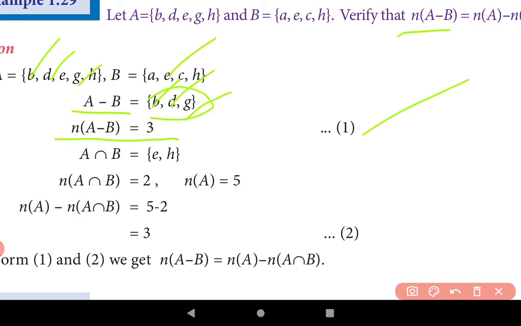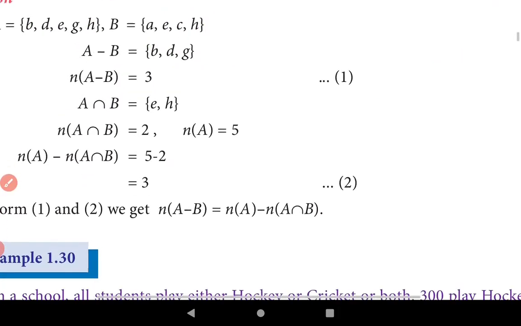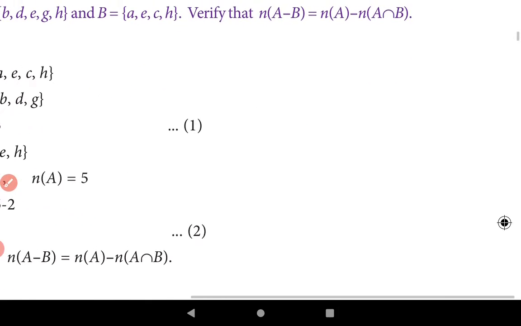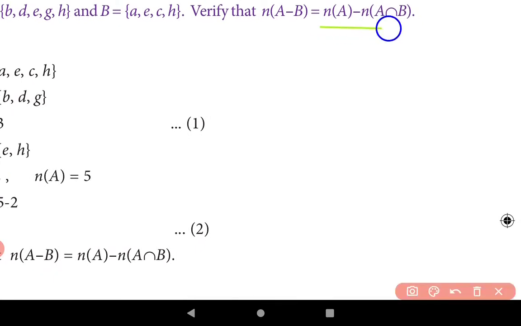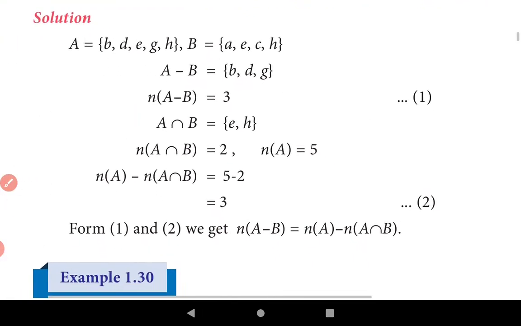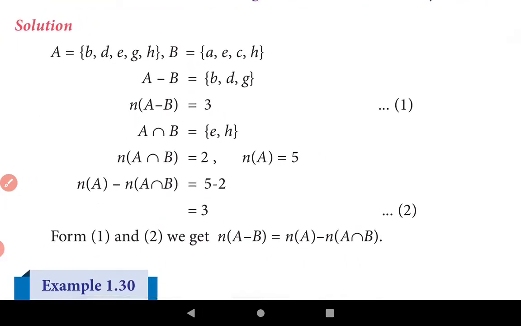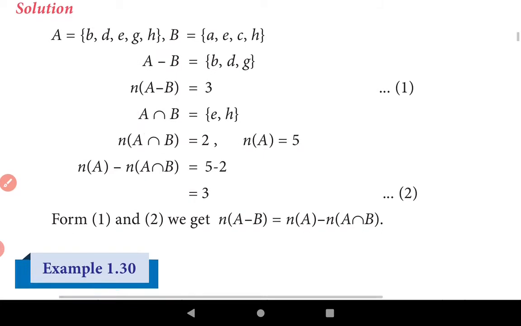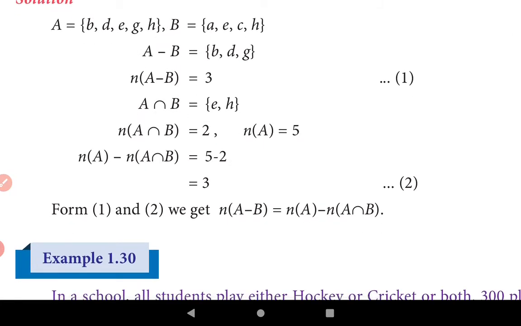Next we'll find the right hand side. What is the right hand side? n(A) − n(A ∩ B). Already we know the number of A is 5, right? Now we have to find A intersection B. What is A intersection B? The common elements between A and B,